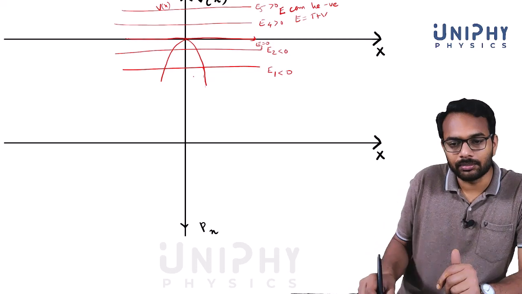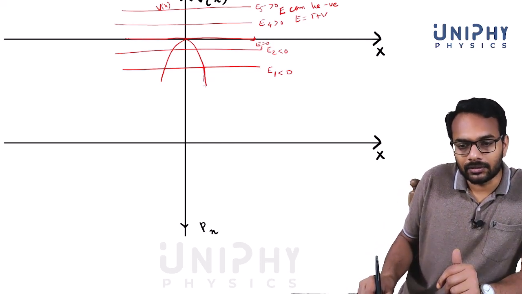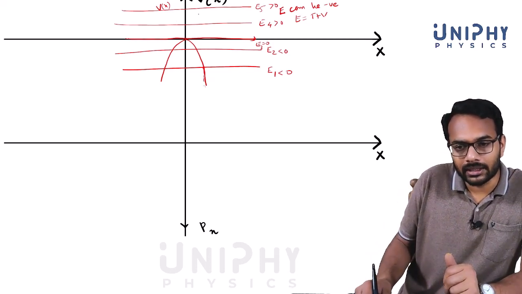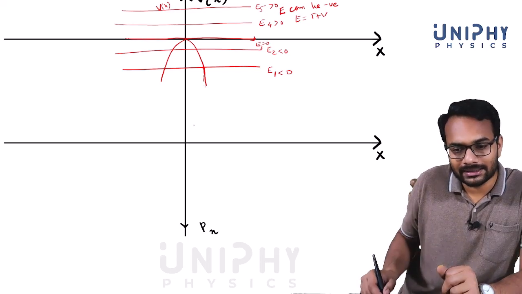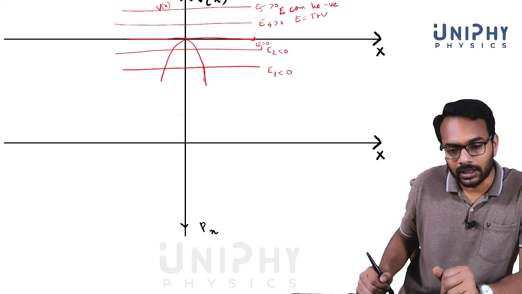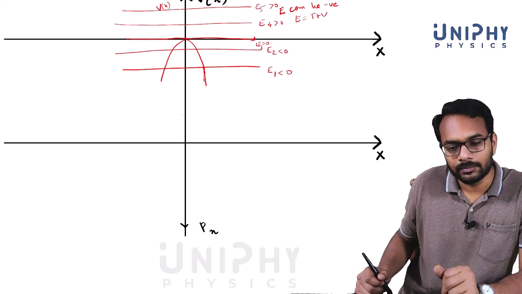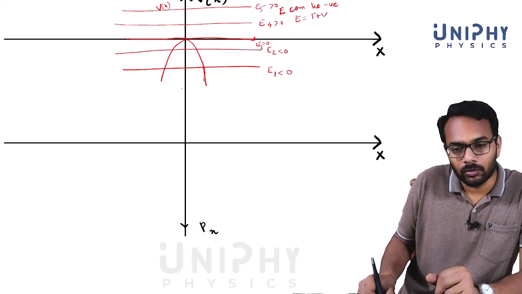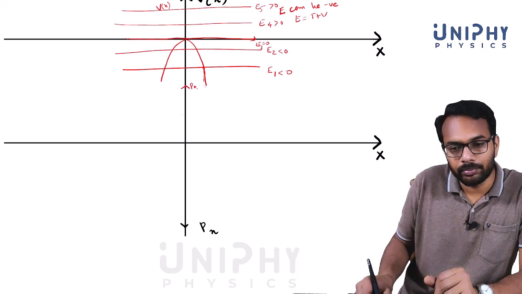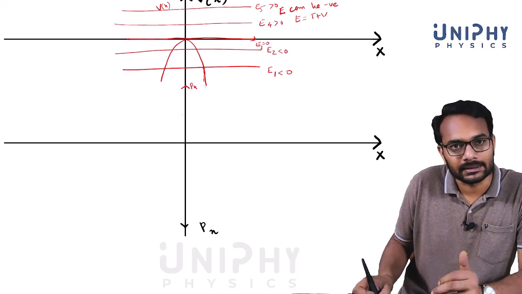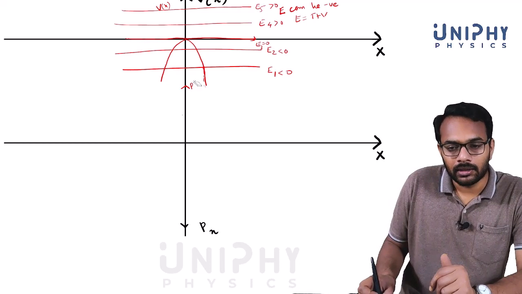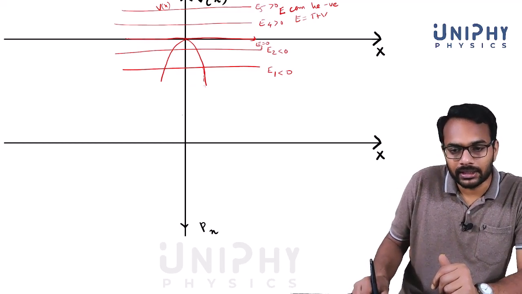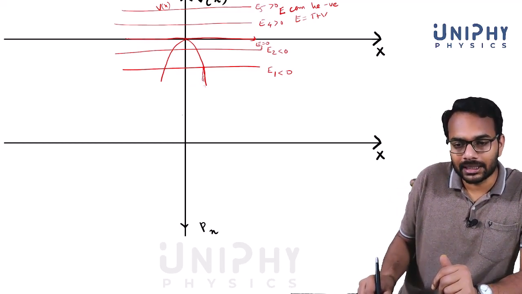Right? Along this point, potential energy is equal to. So along here we plot V of x along the y-axis, and for the phase space portrait we plot Px along the y-axis. Alright, so now what we are going to draw corresponds to Px versus x, or P versus x. Now we know that at this point we just drop a straight line here, and